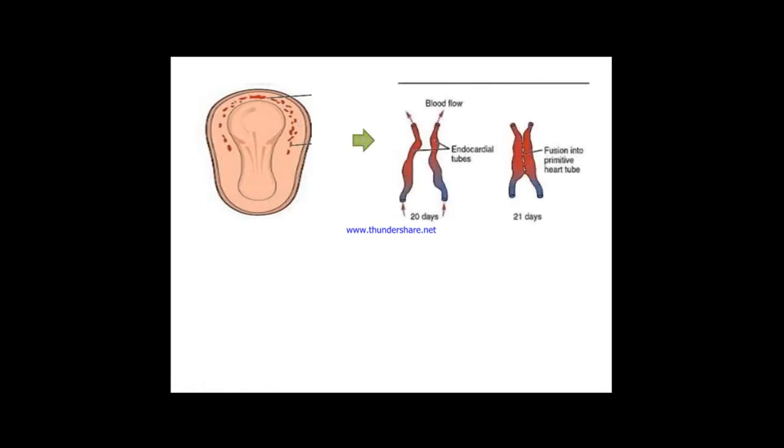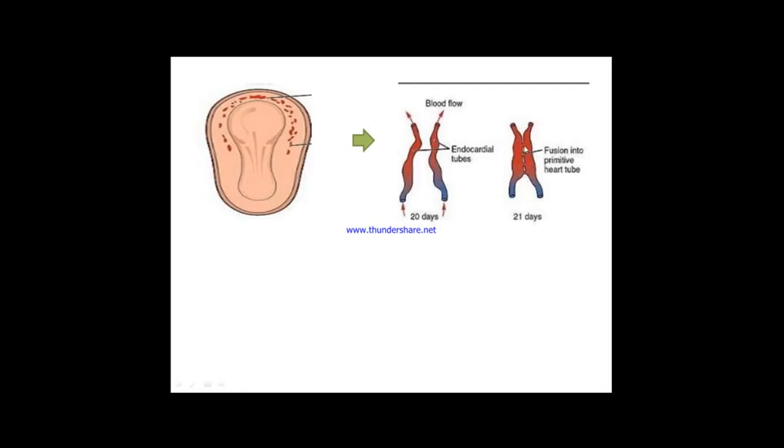Now these cardiogenic cells undergo some transformation and first form two endothelial heart tubes. So first of all blood vessels are formed, which later join together end to end on either side, on the right side as well as on the left side, forming two heart tubes. Then because of the lateral folding, these two heart tubes join in a cephalocaudal direction. That means these two heart tubes have a cephalic end and a caudal end. So this fusion occurs in a cephalocaudal direction.